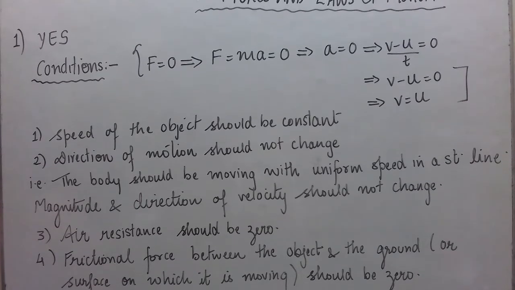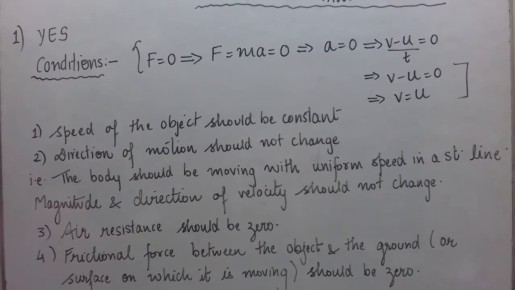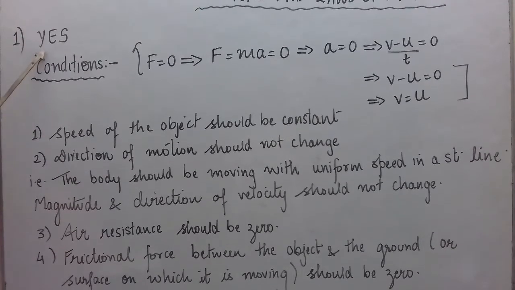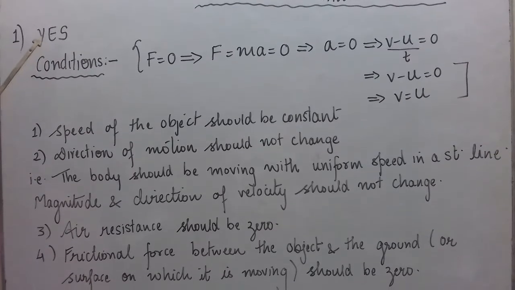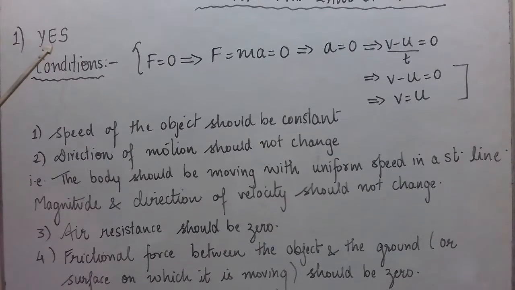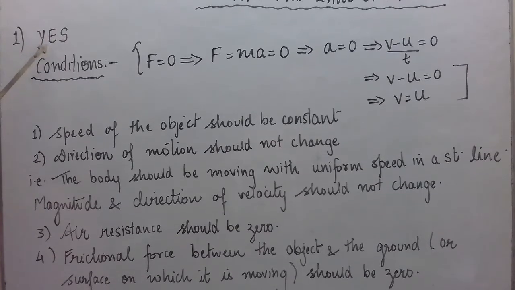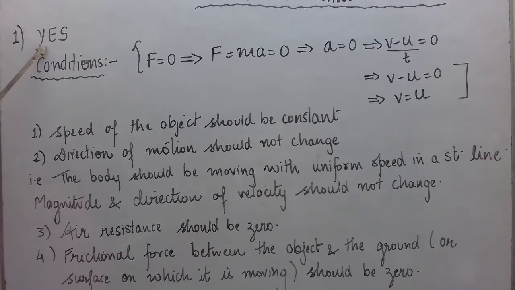If yes, state the condition that must be placed on the magnitude and direction of the velocity. If no, provide a reason. So here, first of all, the answer is yes. It means if net zero external unbalanced force is acting on a body, which indirectly means F is 0, can a body move? Can a body have non-zero velocity? Yes. If yes, you have to state the conditions which should be valid for the magnitude and